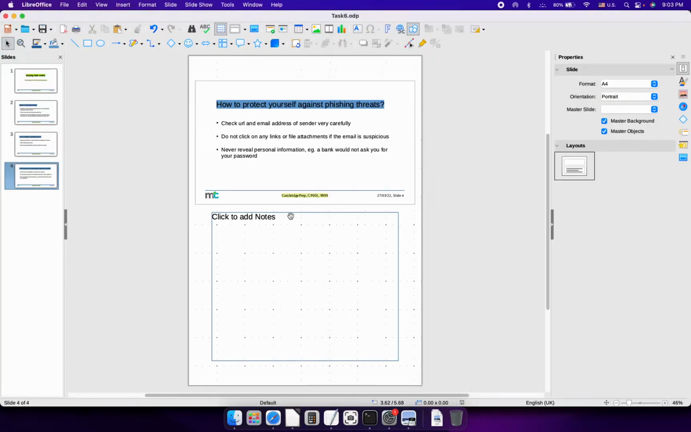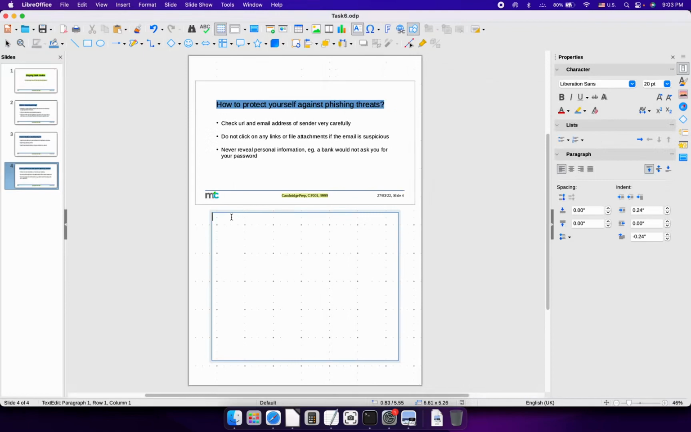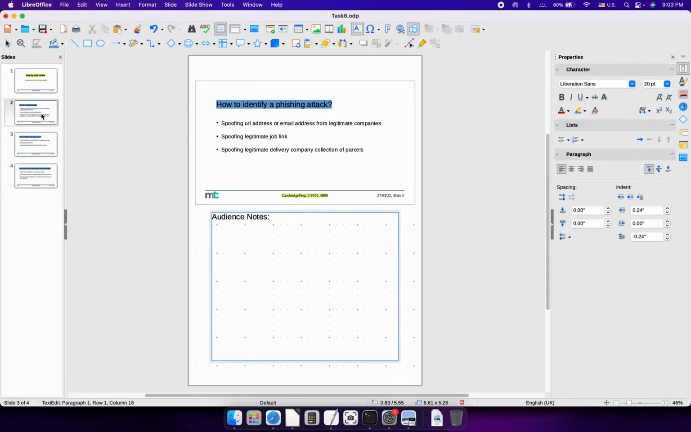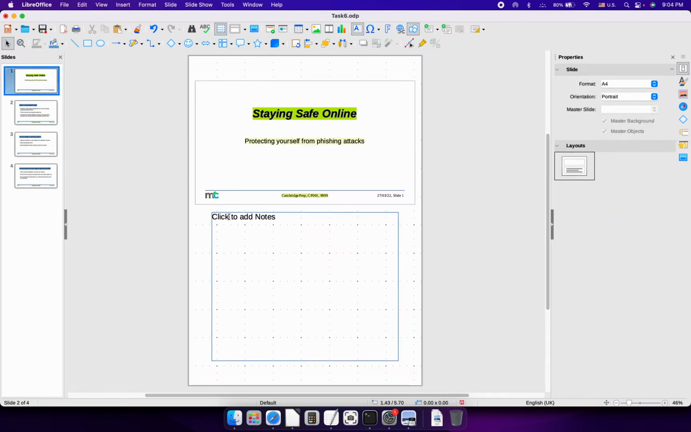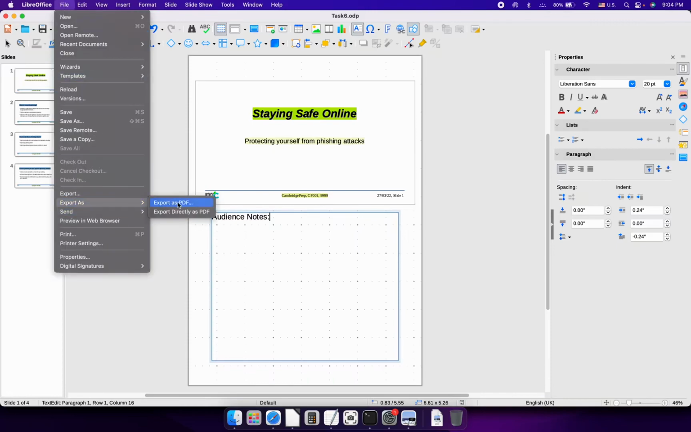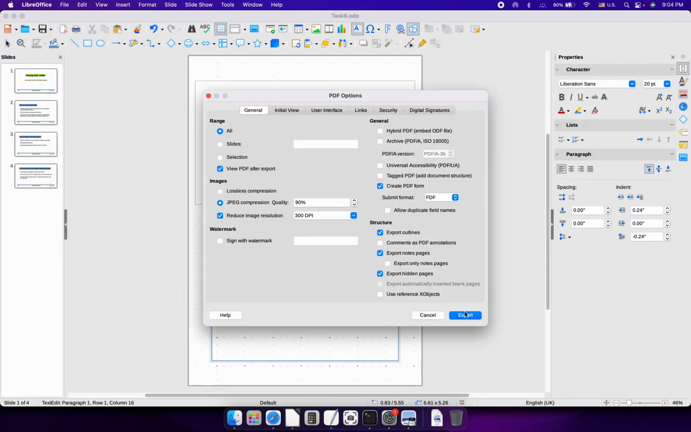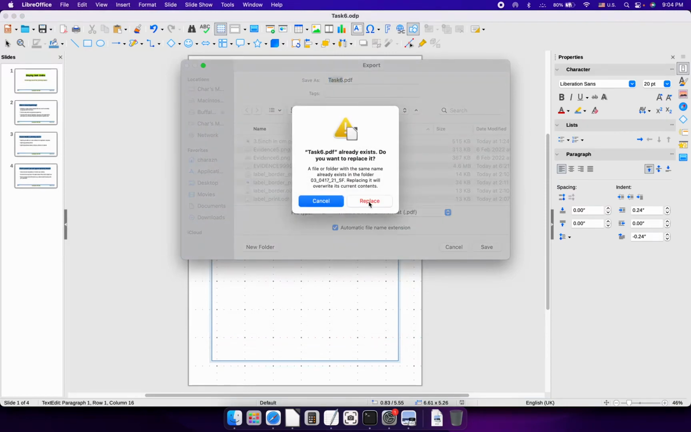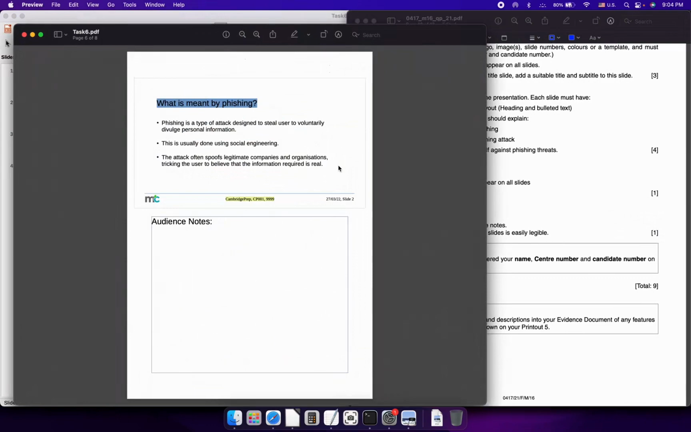So what can we do? So the thing to do is to actually type something in. So audience notes. All right, so you want to do that for all of the text, all of the slides. You save that, and again you export as PDF. You export, and then you can override it. So replace, and you can see here